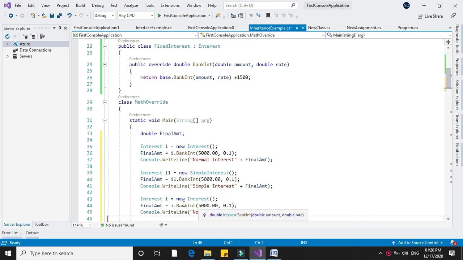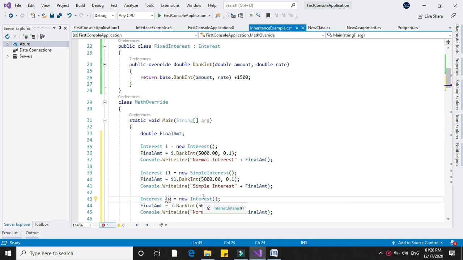And again I will create object for our fixed interest and I will print that.